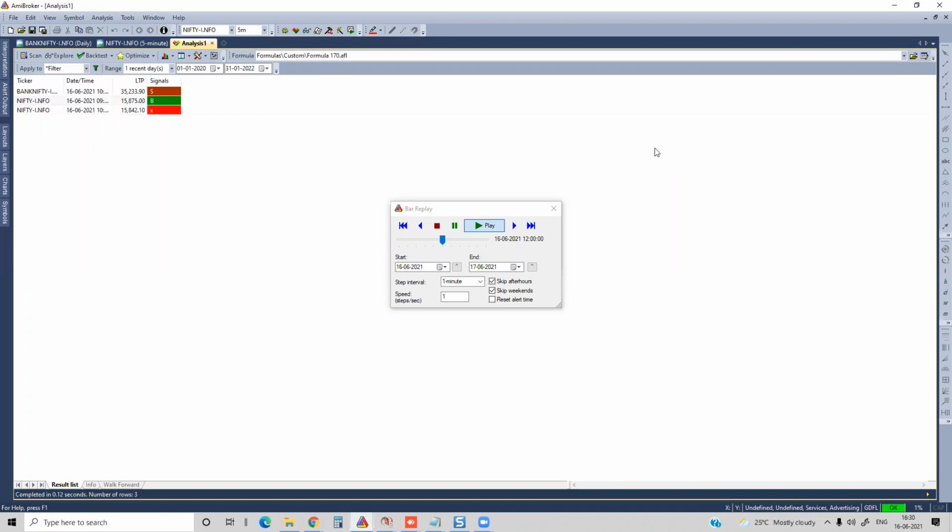All right, so it's been a long time without any signals. So tomorrow you can build your own scanners in AmiBroker. That is pretty easy to do. One need not be a coder to build a scanner and to automate in AmiBroker. It is not rocket science. It's a matter of a few lines of code.